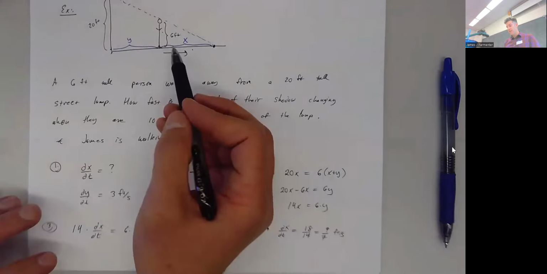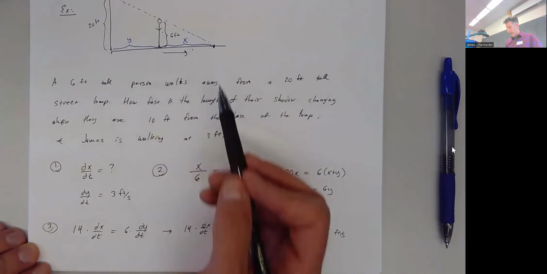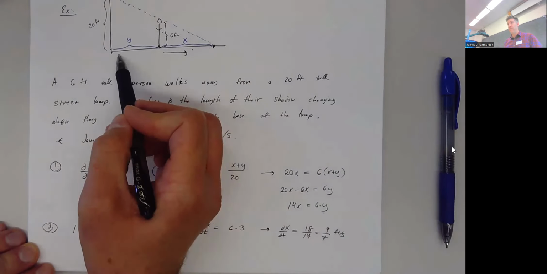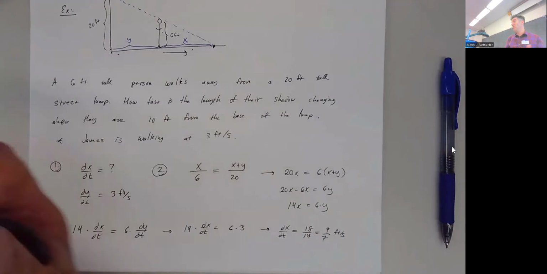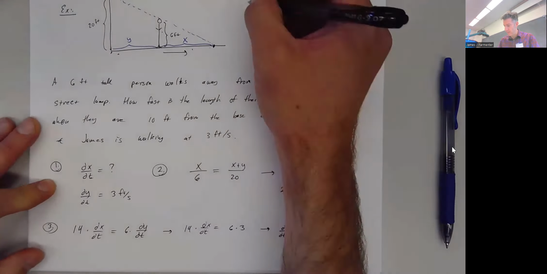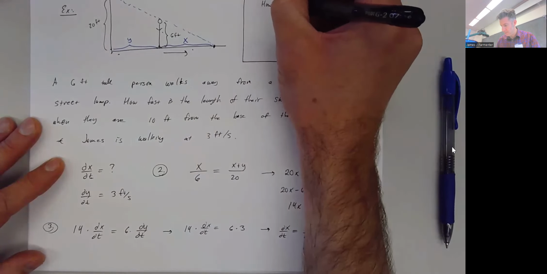If I asked how fast this tip of the shadow is moving, well, the shadow is increasing at 9/7 of a foot per second, and I'm walking at 3 feet per second. I can add those two things together to get how fast the tip of the shadow is moving. Let's actually write it out though. So if I want to say how fast is the tip of the shadow moving,